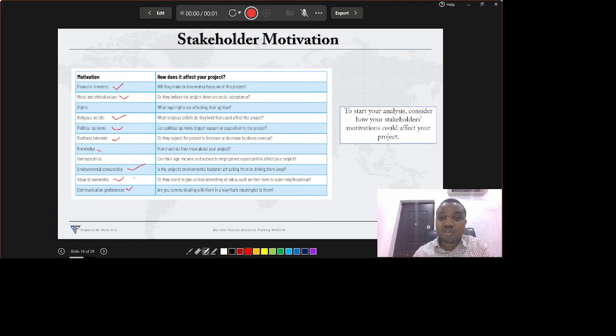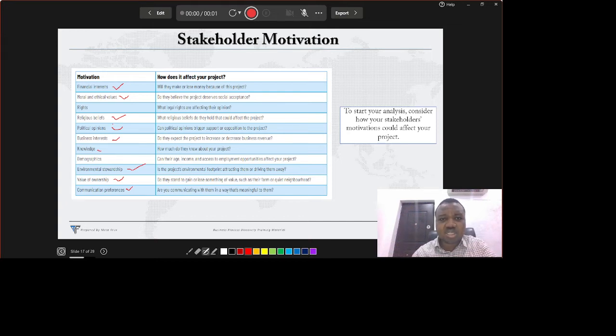Then their communication preference. No, I'm a very formal person, and you must address me as such. I'm informal, I'm semi-formal. You can't just walk into my office. You can't just set up a meeting same day and expect me to attend. You have to pre-inform me. You have to tell me way ahead. You have to give me a week's notice. No, you have to send me an email. No, I don't access my email. I prefer you call me and inform me about this. So you just have to have this properly at your grips,